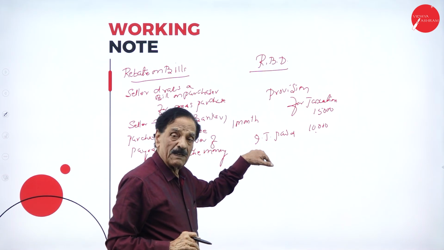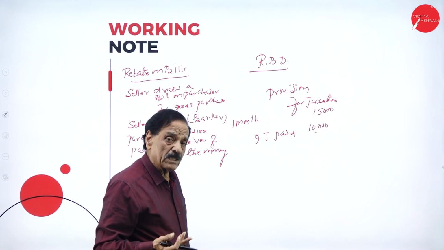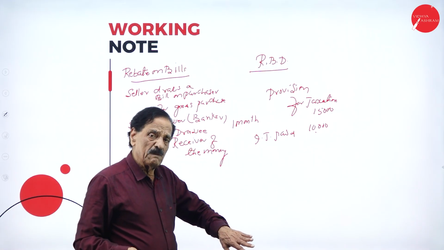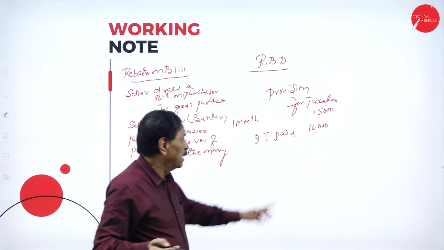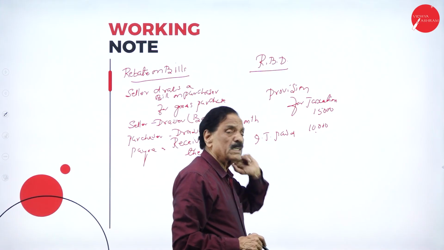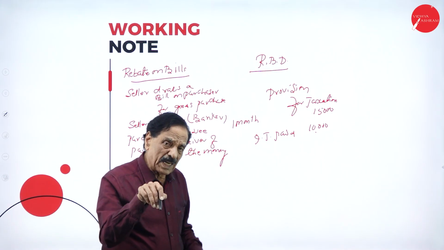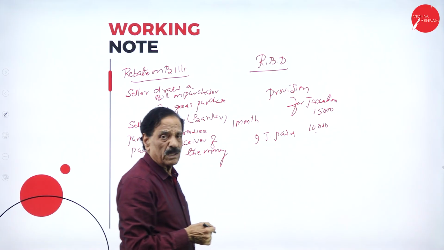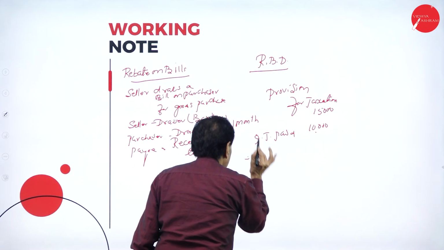If it is given in the adjustment, first it will come under provision and contingency. How much? This amount has to come. Then whatever the income tax paid, that should be deducted. If it is given in the trial balance, directly on the other liability, 15 minus 10 is 5,000. Then, by chance,